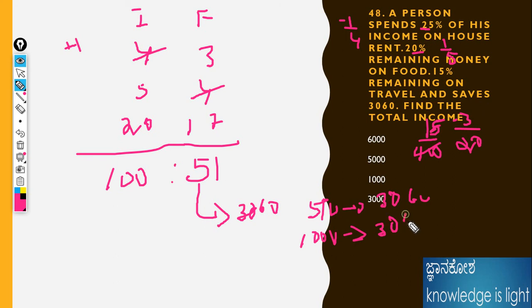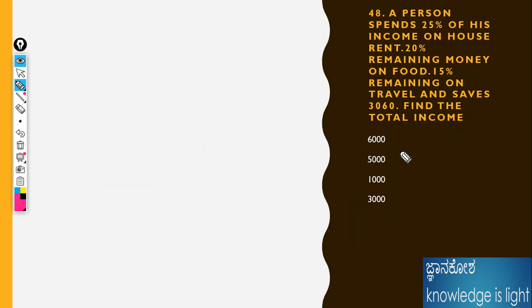100 divided by 51. 51 6 the 306 is coming, right? Therefore 60 into 51 6 the, therefore the answer is 66,000 for this question. Okay, fine. Next question is,